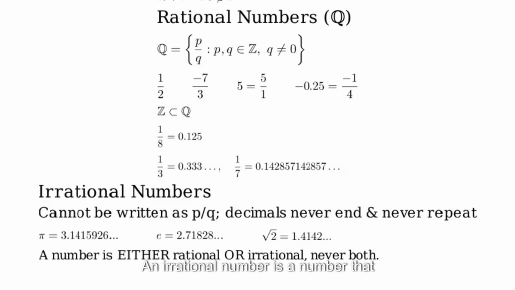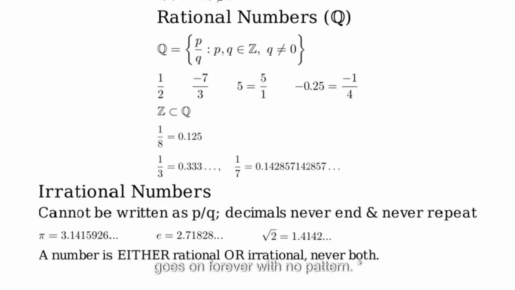An irrational number is a number that cannot be expressed as a simple fraction p over q. Their decimal form never terminates and never repeats. It goes on forever in a completely random-seeming pattern. IMAT examples. Memorize these: pi, approximately